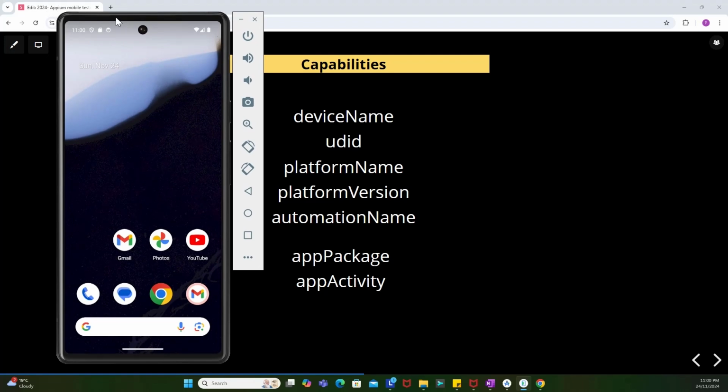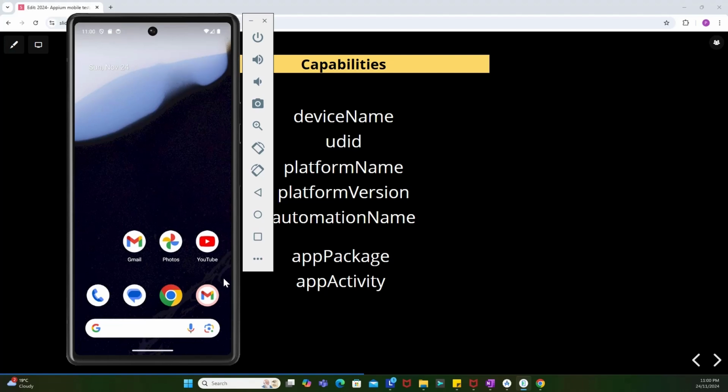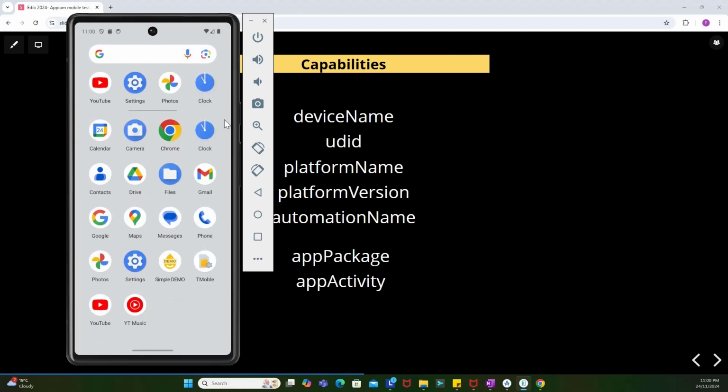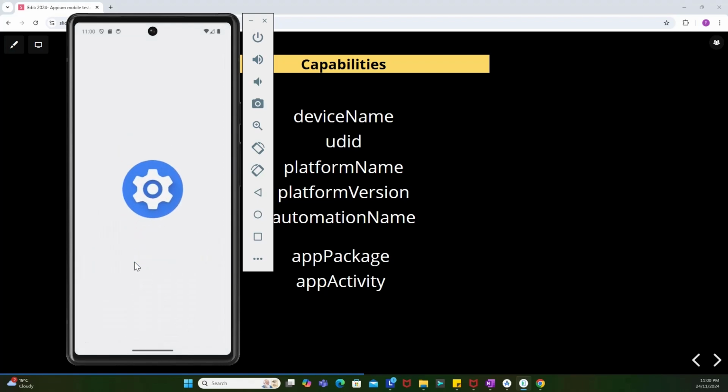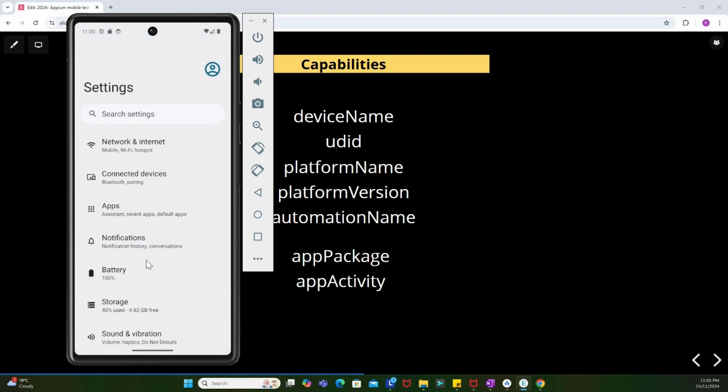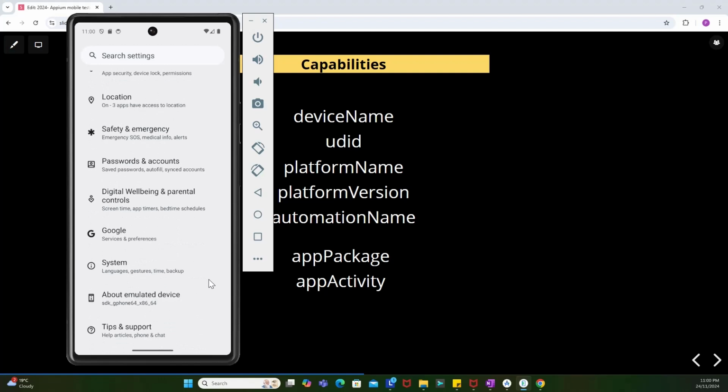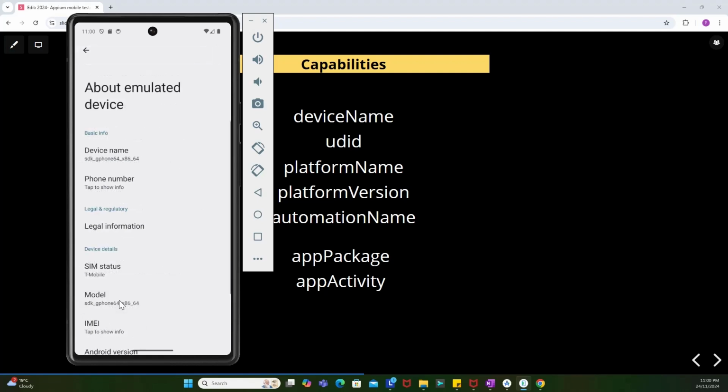Now, how do we identify the device name on the emulator? You can go to the settings. So I'll go to the settings of this particular emulator, and once I come to the settings page, I'll just scroll down and go to this particular section, which is about the emulator device. I'll just click on it,